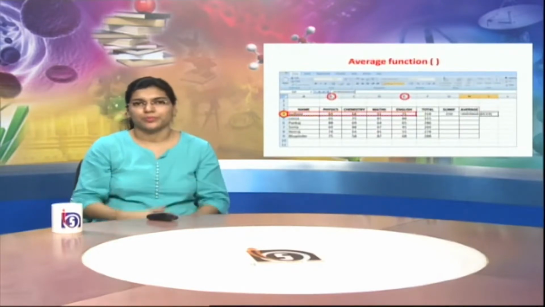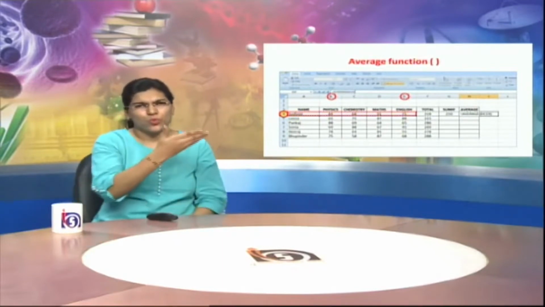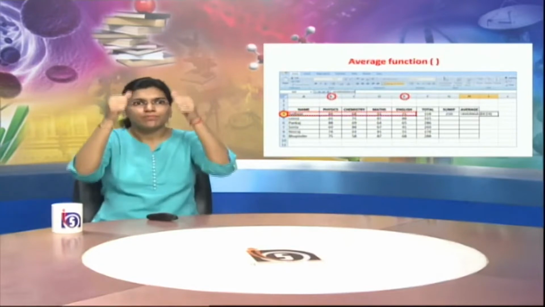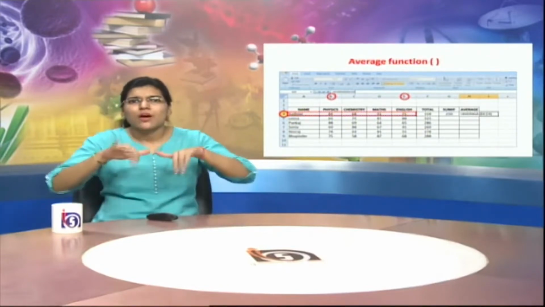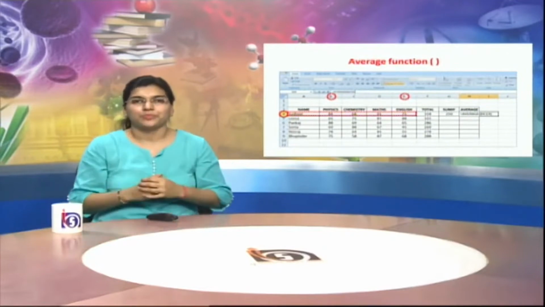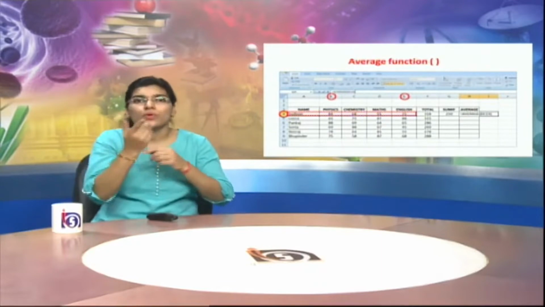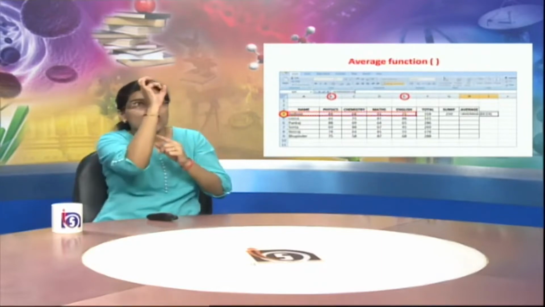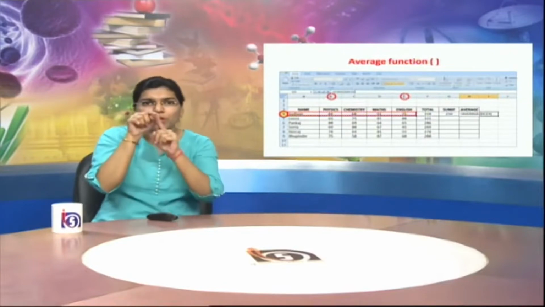Let's now watch this average function. What is this used for? You all know that in exams, when you get results like 60%, 70% or 80%, how do you get this percentage? In the beginning, when you have the list, and suppose you have a worksheet and you have columns with this